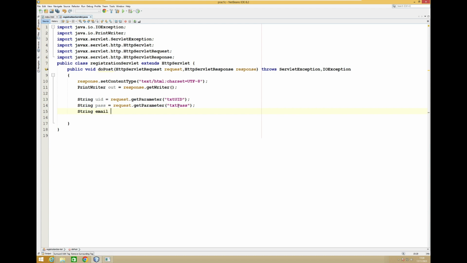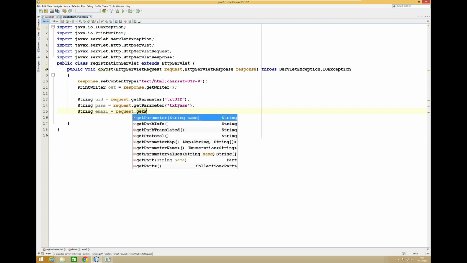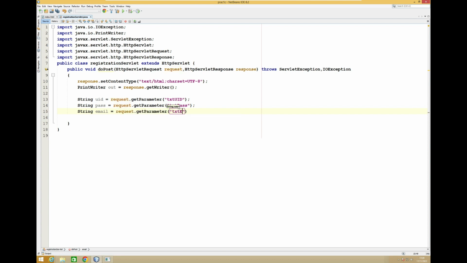String email, request.getParameter txtemail. The last is country. String country is equal to request.getParameter txtcountry. Okay. So what we have done now is we have created a servlet, we have got the data,